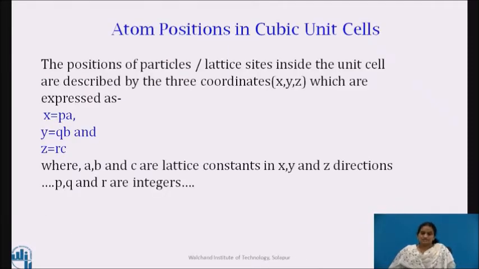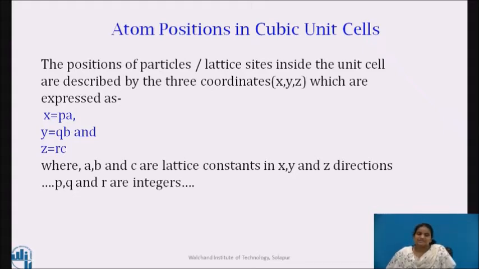So let us first see how the atoms are described in the unit cell. That is how the position of the atoms is described. The geometry of arrangement of particles in the unit cell is the crystal structure. And we know that the unit cell is defined as the smallest repeating unit having the full symmetry of the crystal structure. The positions of the particles inside the unit cell are described by the three coordinates x, y and